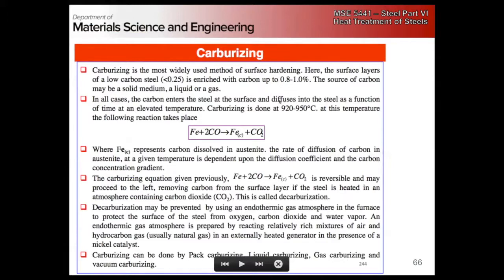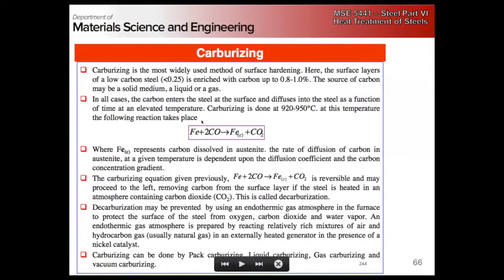So often carburizing is mixed up with flame induction or flame hardening, because the simplest way to do this,